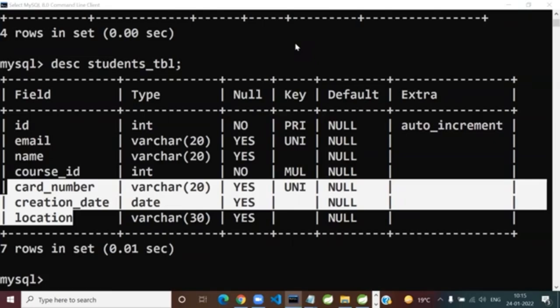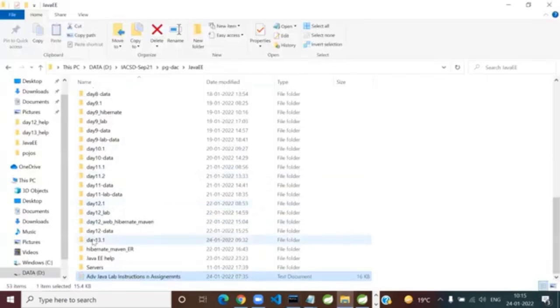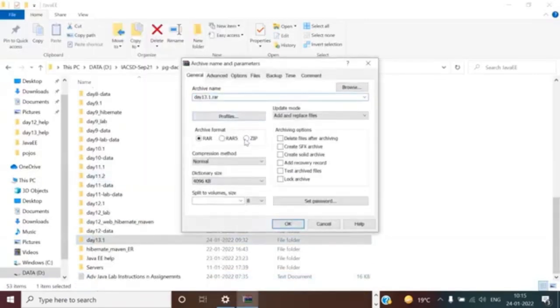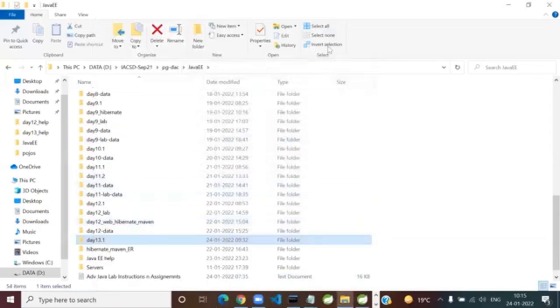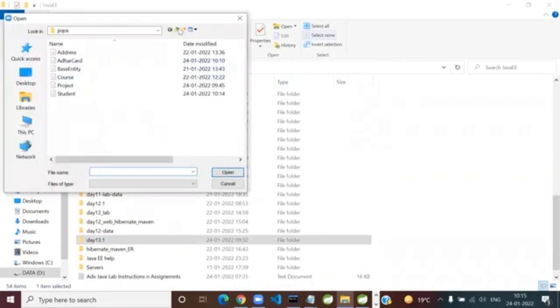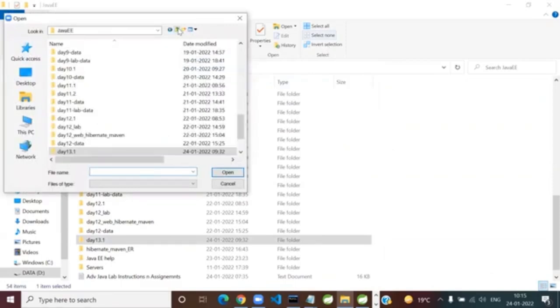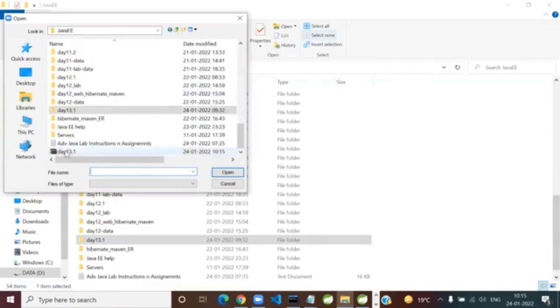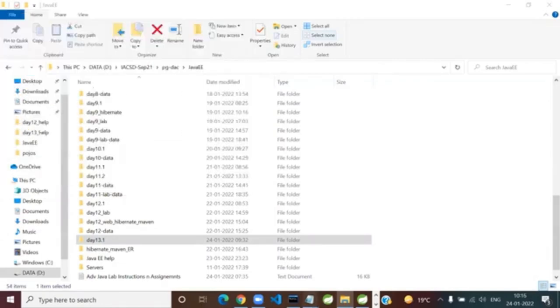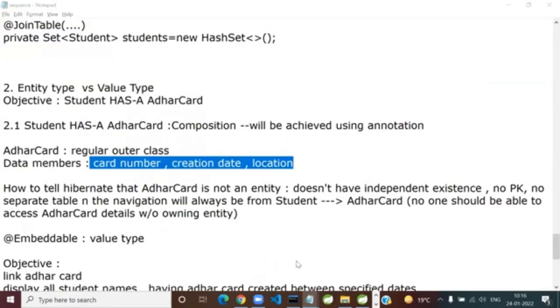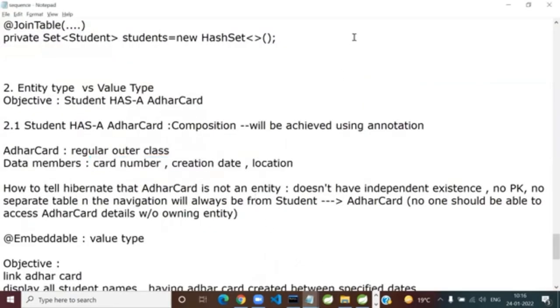So after the break, we'll link the Aadhaar card details to the existing student and continue forward. All clear? So I'll make a zip of the total project. We did many-to-many and this, and we'll stop immediately. I'll send you this right away in case you want to sync up in the break. I'll share the updated sequence also. Kunal, just a second, first I'll send you the project. But it will keep getting updated over the day, you know that. Let me save the sequence. I'll send you this also.